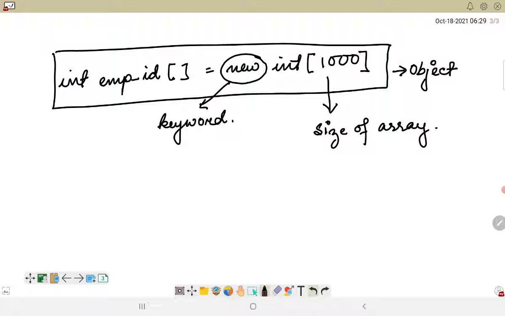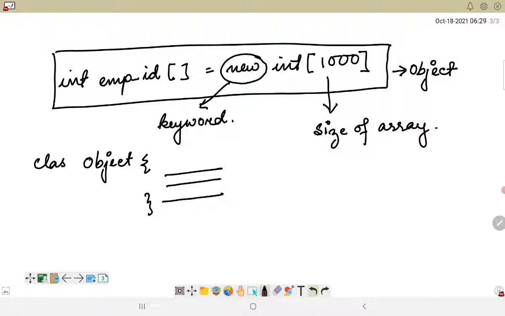Okay, so an array in Java is basically an object which extends the object class. That means the parent class of this particular array is basically the object class. So object is basically the class from which the array will be taking its methods or extending its different properties.